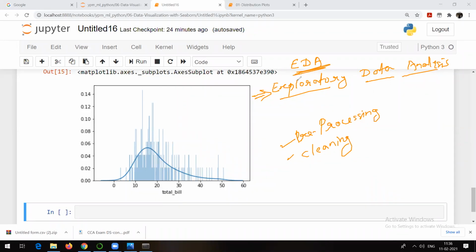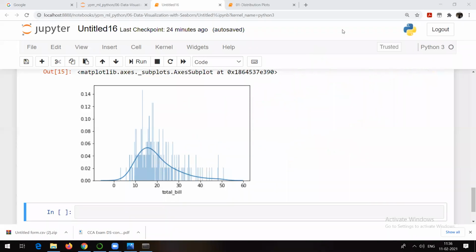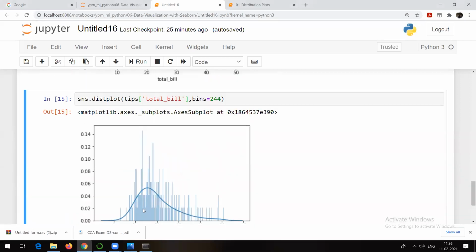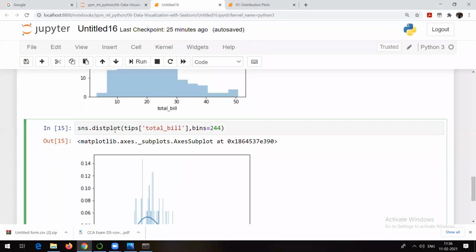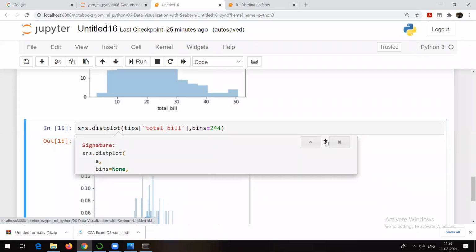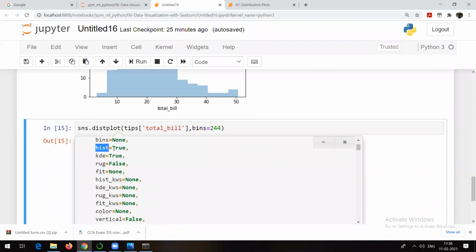or even visualizations, right? So whatever we have learned till now, or whatever we are trying to learn today also, all these things are very, very useful in case of EDA, which is a prerequisite for developing any model. Okay, so see, you can check, you can actually add the number of bins, remove the number of bins, and similarly, you have a lot of options here. So if you want to see what are other options, we can check it here. See, histogram if you want, KDE whether you want it or not. By default, it's a histogram, right?